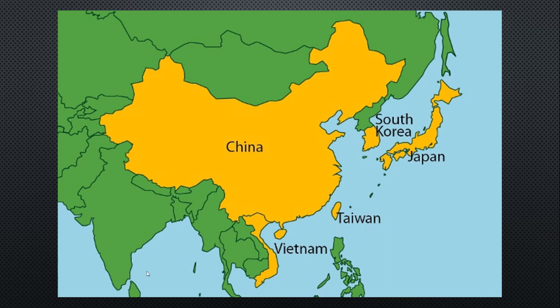So a few things that we've examined today: China certainly has undergone a lot of changes in the post-World War II era and has also experienced a lot of challenges. But let's not forget, they are going to become one of the bigger powers in the region. And they're going to remind the United States of this, especially in the 1950s with their involvement in the Korean War, and in the 1960s with China's role in making things a little bit complicated for the United States in the Vietnam War. But we will save that for another time.